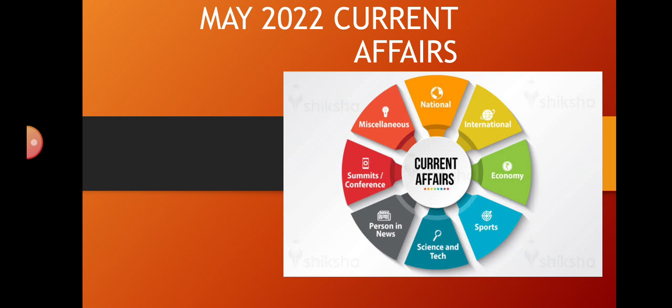Chief Ministers of UTs having legislative assemblies and administrators of UTs not having legislative assemblies are also its members. The Union Home Minister will be the chairman of the standing committee. Next, Thiruvananthapuram Declaration. The first National Women Legislators Conference in Kerala concluded with the adoption of the Thiruvananthapuram Declaration.